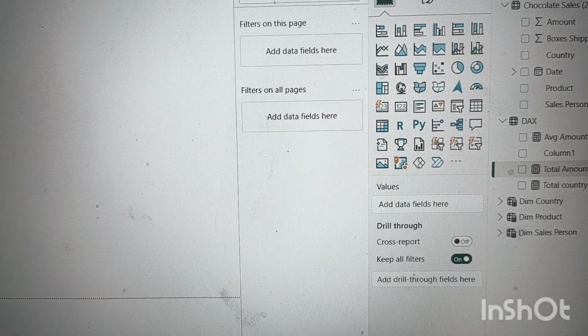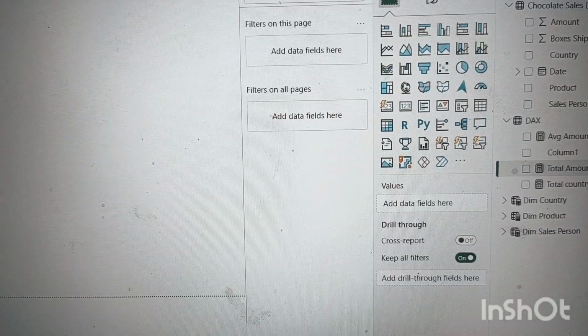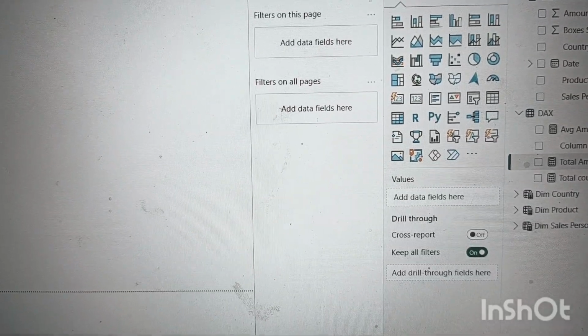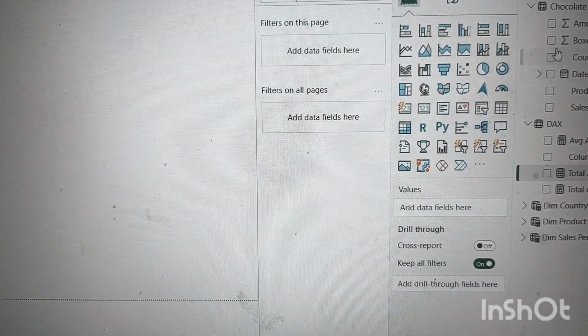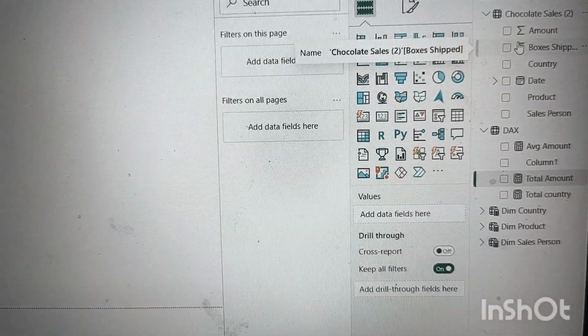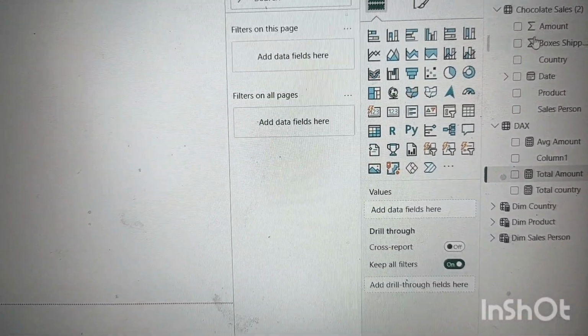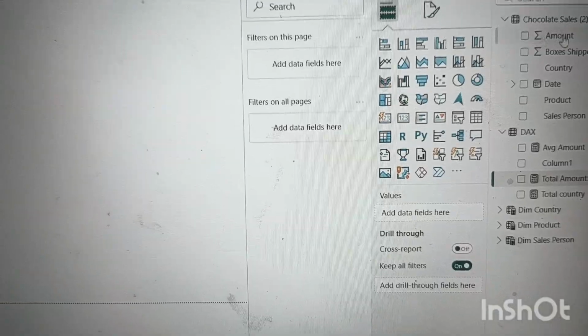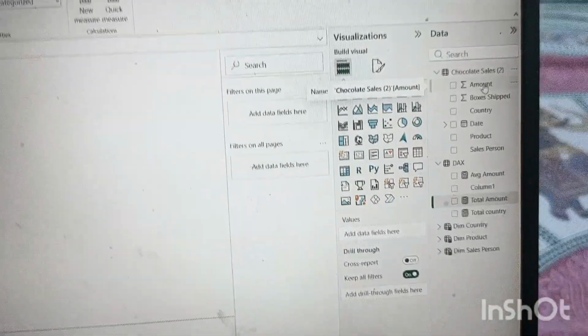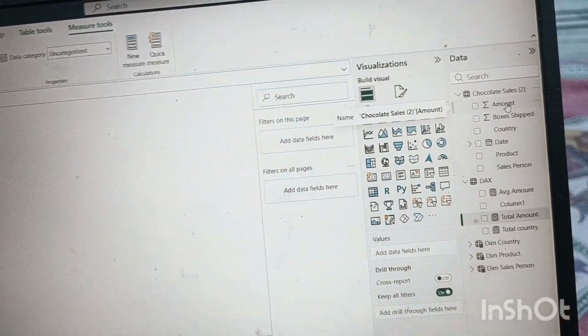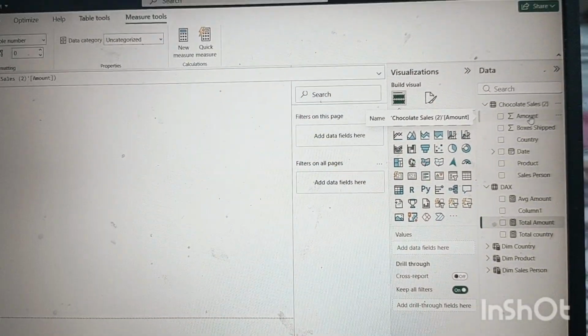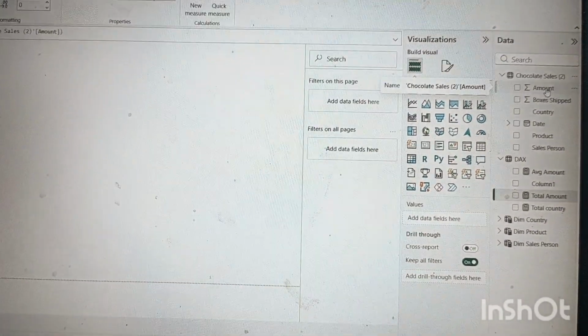If you see this kind of sigma sign in front of any column, then it is a numerical value. And in which table will numerical values be available? This is called the fact table.